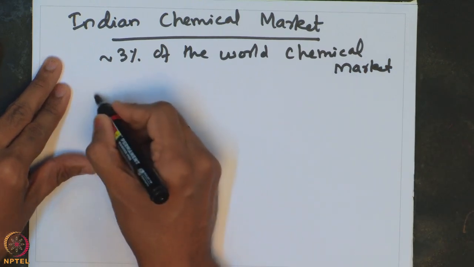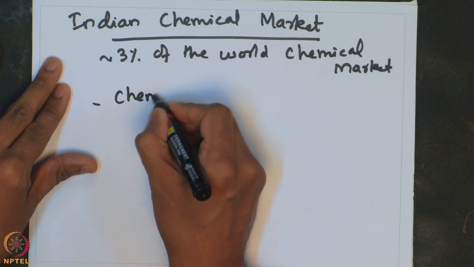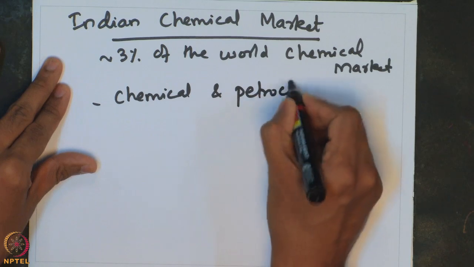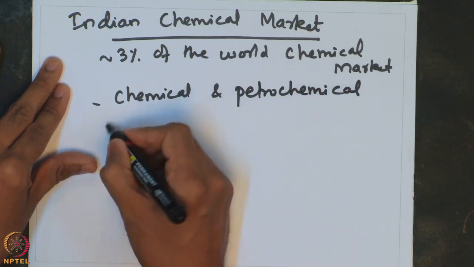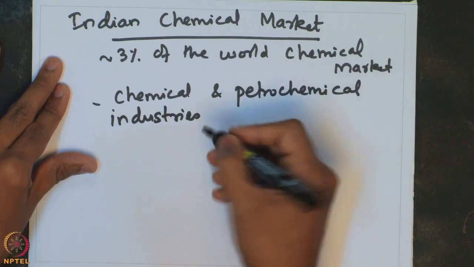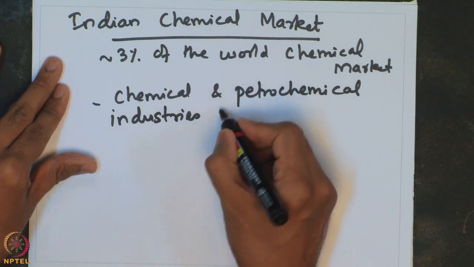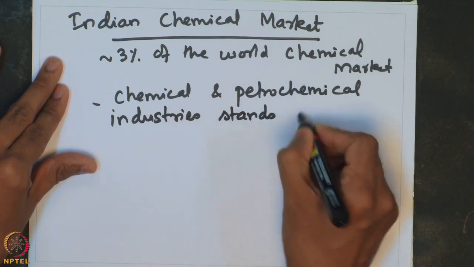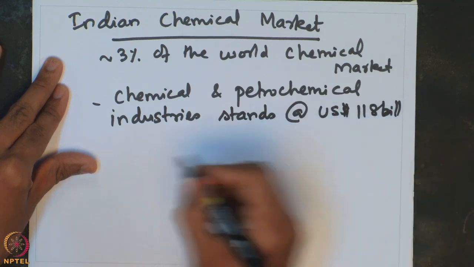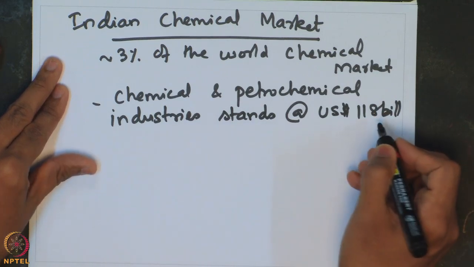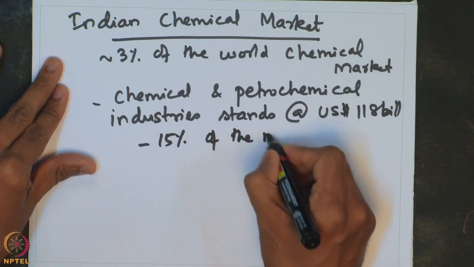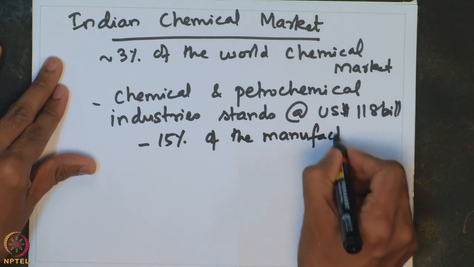And in fact, the Indian petro and chemical and petrochemical industry, which extensively uses catalysts and has reactors that use the catalytic process, stands at US dollars 118 billion, which is a huge market, and it corresponds to 15% of the manufacturing sector